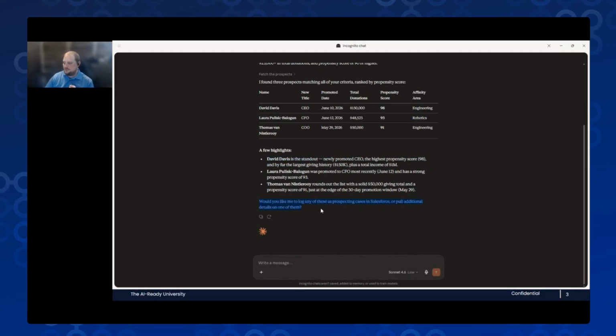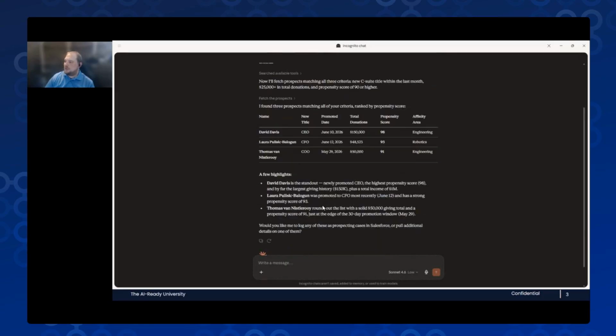Notice too that it's asking me a question: do I want to log these as a case in Salesforce? The underlying tools we've exposed to Claude here have a case creation piece to them. That's why it's asking me that, and we will do that, but just in a couple minutes. So in a matter of just seconds, we got this list, instead of having to look for the correct reports across a bunch of reporting tools, edit report prompts, export and filter the data in Excel, compare things, do VLOOKUPs, all that nonsense.